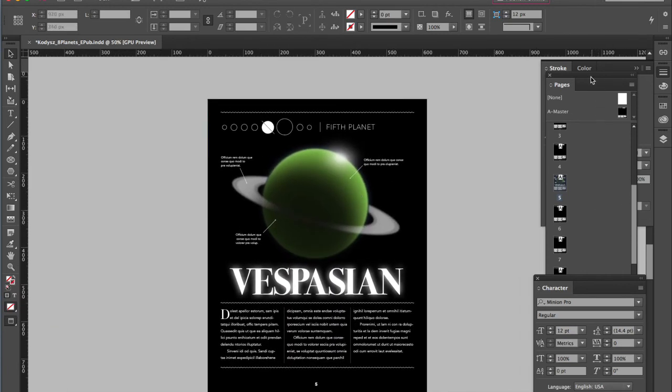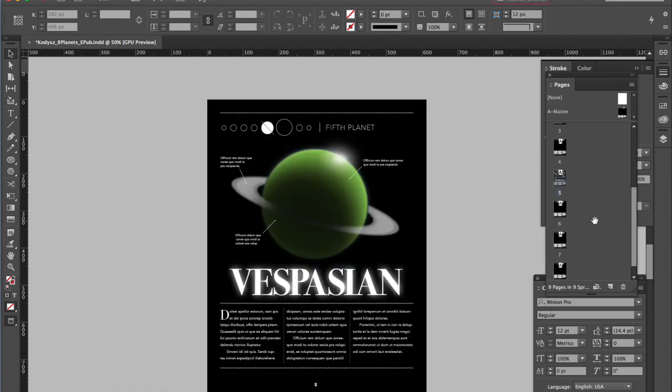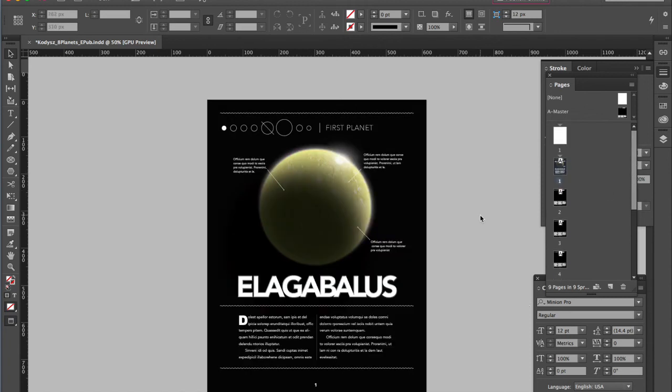All right, so if I compare this page to the other page, they're similar, but they're different. And that's the balance that you want to strike as a publication designer. All right, so when you're finished with your 8 layouts and you've also developed a cover, you have all of the planets named, you've got a name for your solar system that you're going to put on the cover, then you're going to want to save your